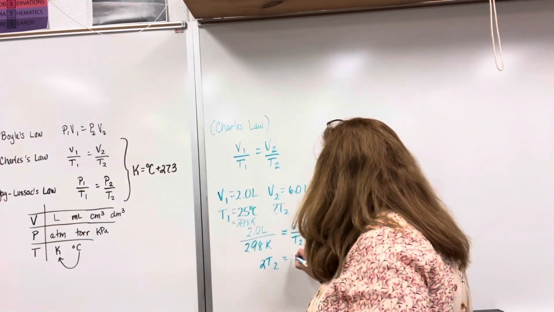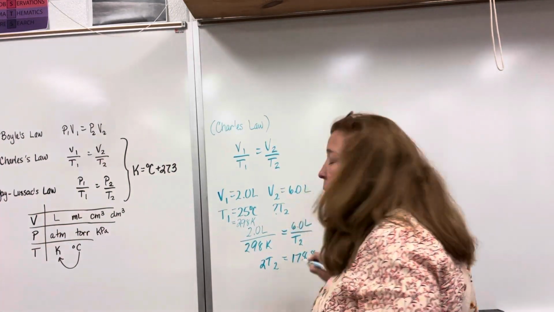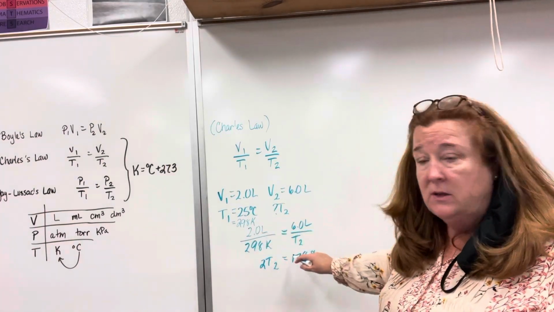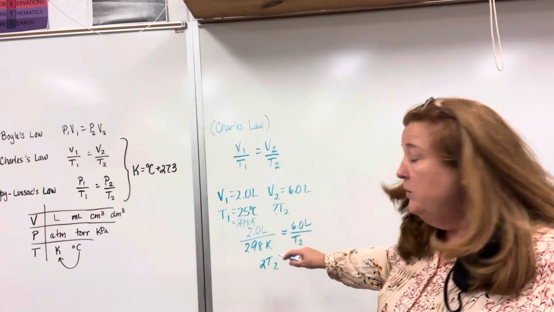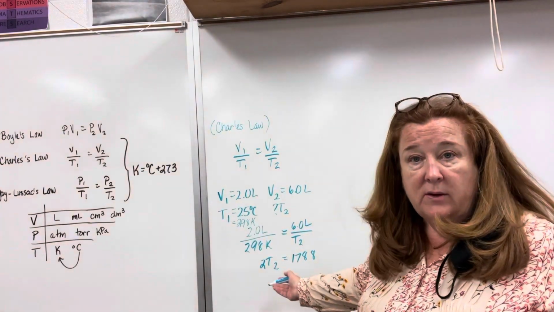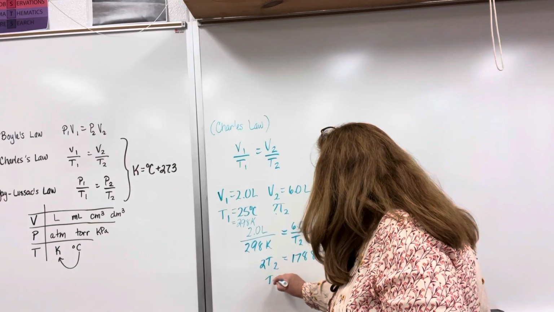You're going to get 1788. We'll worry about the units in a minute. So when you cross multiply, you take numerator times denominator, and that's going to be set equal to denominator times the numerator. And then it's just algebra, but with weird letters and subscripts. So you divide by 2,